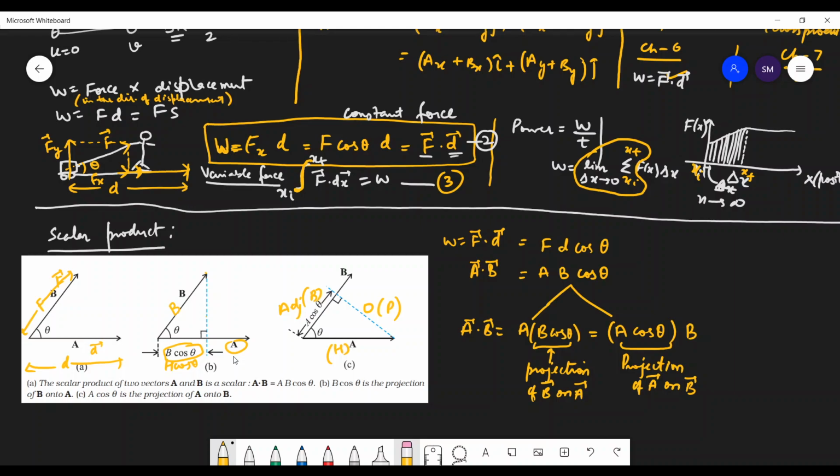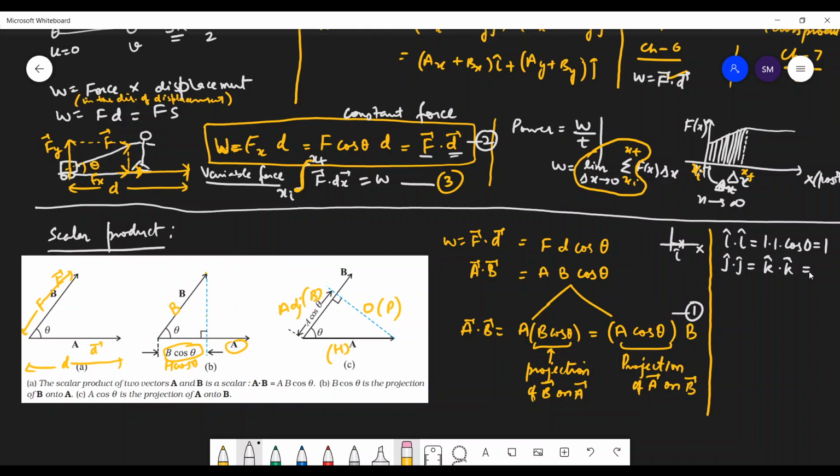So if it is i dot i, what will I get? What is the magnitude of i? 1. Magnitude of i cap is 1, magnitude of i cap is 1. So the magnitude of both of them, and then cosine of the angle between them. So what is the angle between them? They are in the same direction on the x-axis, walking 1 unit. That's what i cap is, the unit vector in the x direction. So the angle between them is 0. So cos 0 is 1. So the answer is 1. And the same is for j cap dot j cap, k cap dot k cap. The answer will be 1.